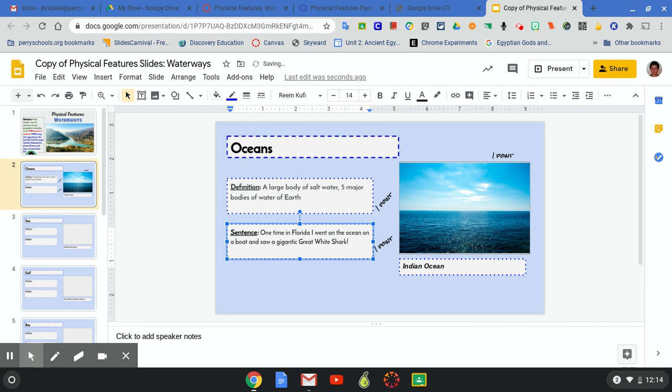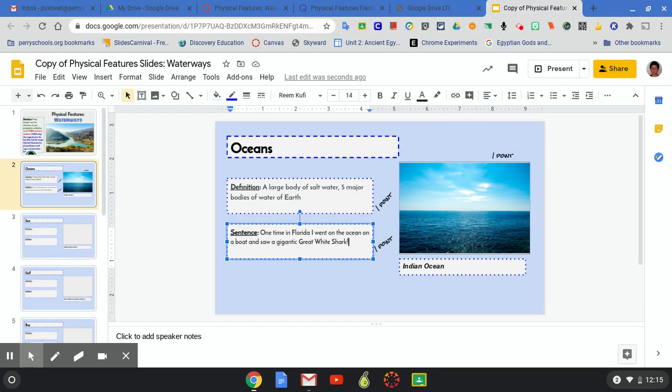Now that didn't happen because I probably would have died then and there, but you guys get the point, right? For me, when I think of oceans, I think of great white sharks. And if I think of a great white shark, I think of an ocean. So that will help me remember where an ocean is and what an ocean is: a large body of salt